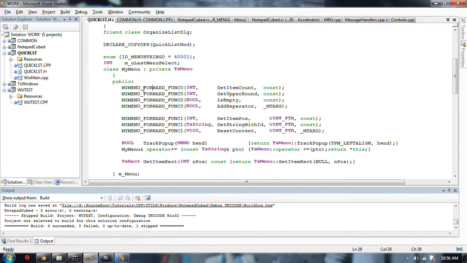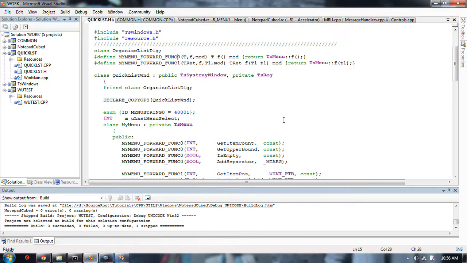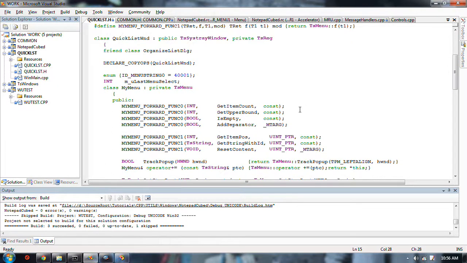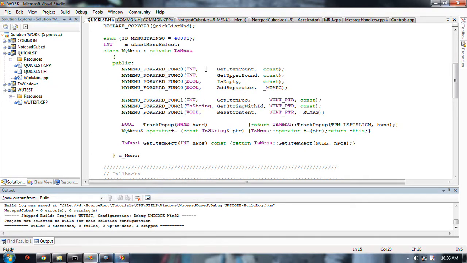Here I've done it through a macro. I'm just forwarding the functions to here for all of the ones that I want to permit my program to use. The forward just returns; this is if there's one argument, this is if there's zero arguments. Now one way is to just not implement anything and keep going until you've caught them all, until it compiles. But I can see most of what they are, so I put in all the ones.